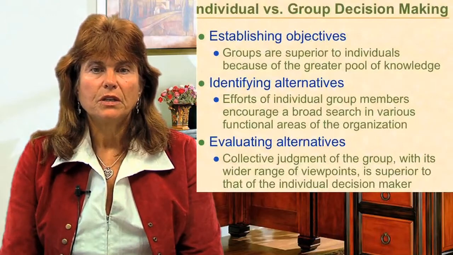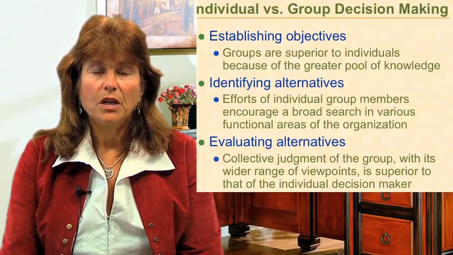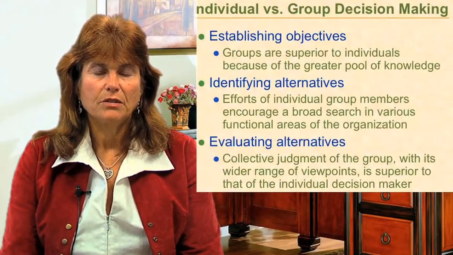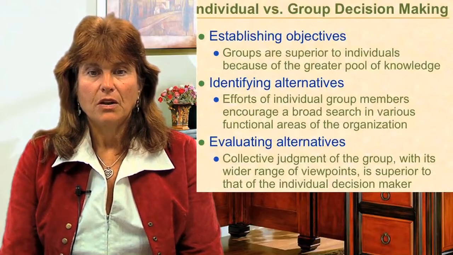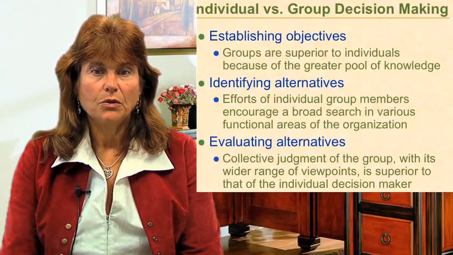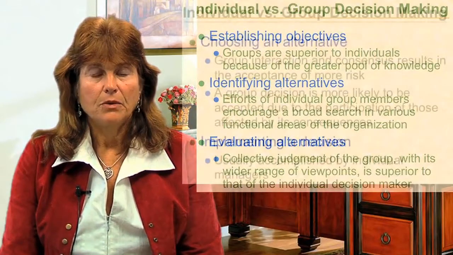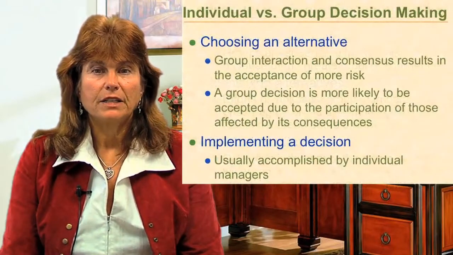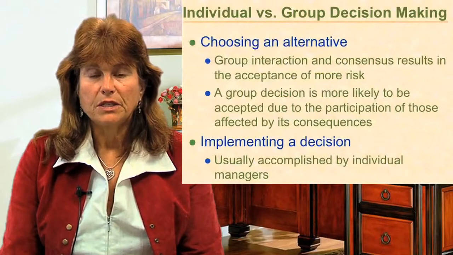Again, establishing objectives. Groups are superior to individuals because they have more knowledge to pool. They have more ability, because of their broad scope of resources, to identify more alternatives, and also the consequences of some of those alternatives. They can collectively judge with the group some of the different viewpoints to make a more effective decision. Groups also interact and have consensus, and with that they tend to be willing to accept a higher level of